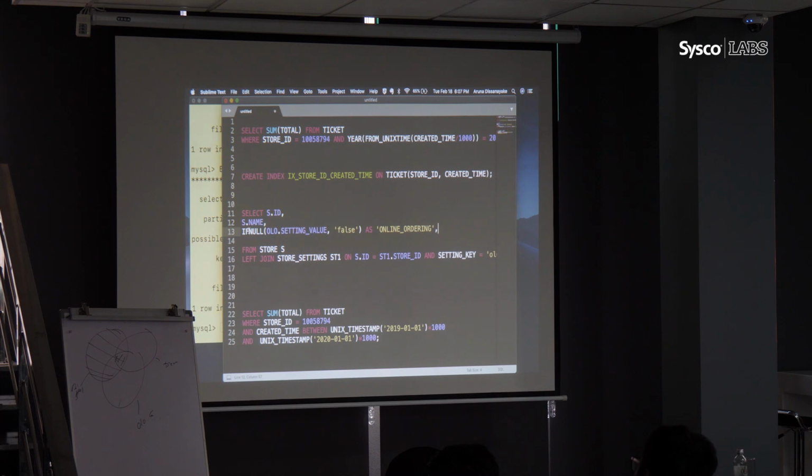What I do is, if the value is null, get false because there's no record for that particular merchant, which means it's not anything. If there is any value, it can be false or true. Still, we can get the same value. So we get whatever value is available in settings. Now we get the online ordering enabled data. Now we have 2 data sets. Now we are going to the third data set.